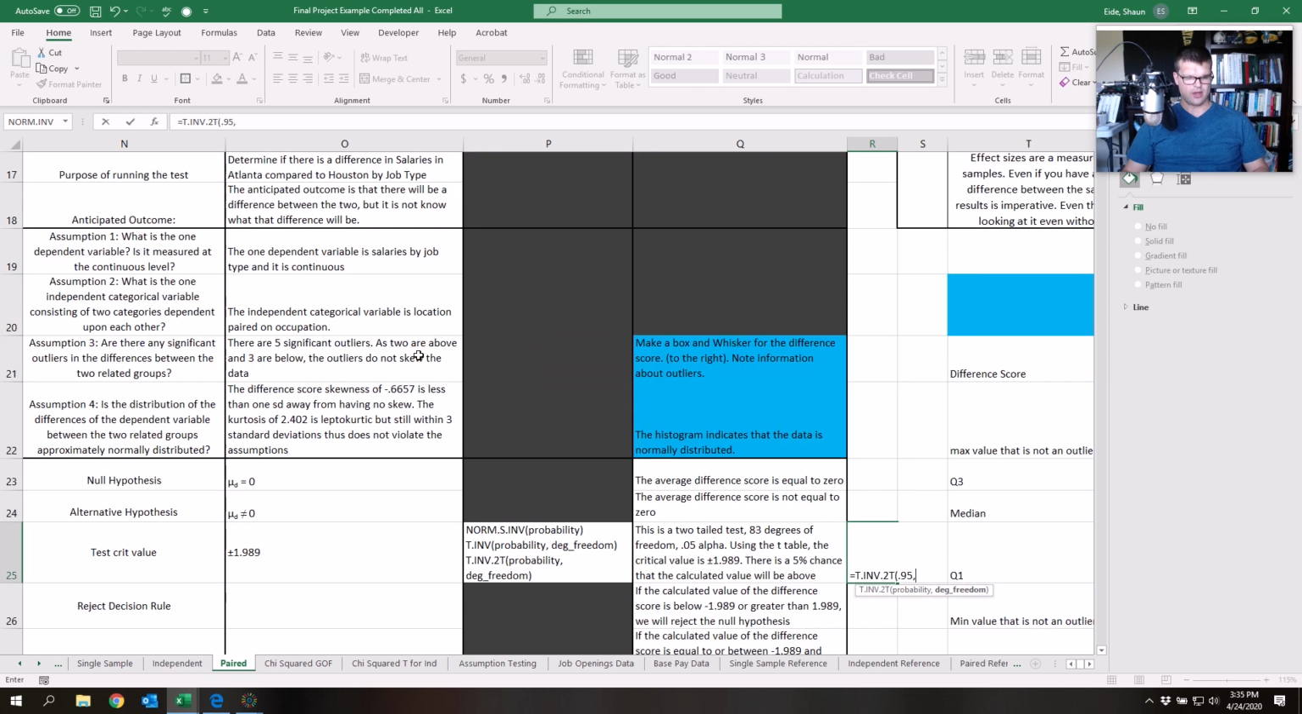So that doesn't work. And the reason why that doesn't work is because 0.95 is one tail of the probability, or the center probability, but the probability that we're looking for is actually the probability of committing type 1 error. So the probability of committing type 1 error is 0.05. And you'll notice it gives us this wonderful 1.98896, which is even more accurate than the plus or minus 1.989. So I'm going to Control C, Control V, just paste the values, and then I'm going to copy, and